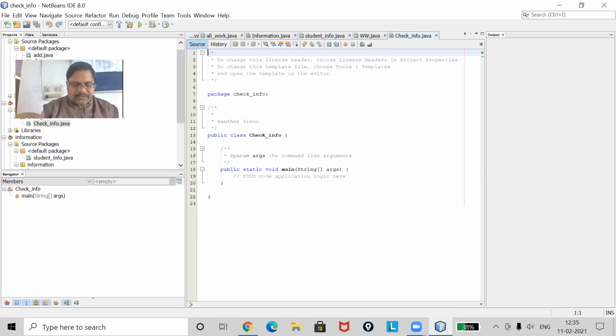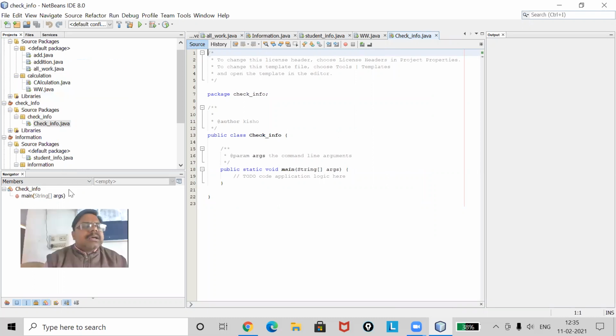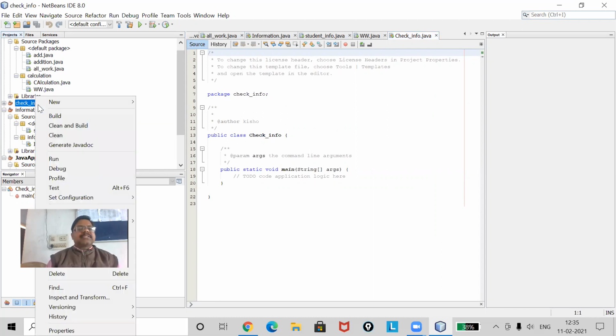Wherever my project is created, first I will see. Here my project is created in the project window, at the top left side. Now I'm going to create a form for this.